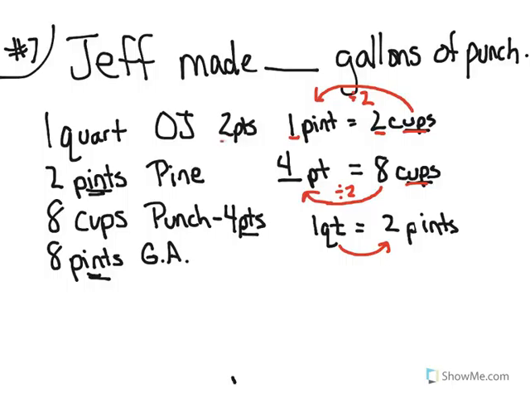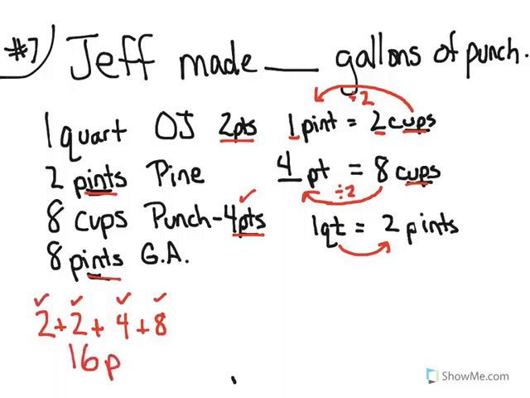So now I have pints, pints, pints, pints. I can go ahead and add that. I can add 2 pints of orange juice plus 2 pints of pineapple juice plus 4 pints of punch plus 8 pints of ginger ale. So when I add this, I can add this mentally because I can see that I have 2 plus 8, and that's 10. 10 plus 4 is 14, plus 2 is 16. I have 16 pints